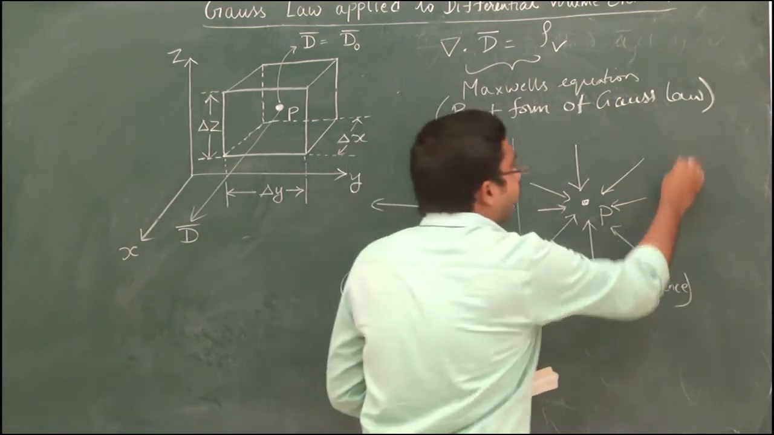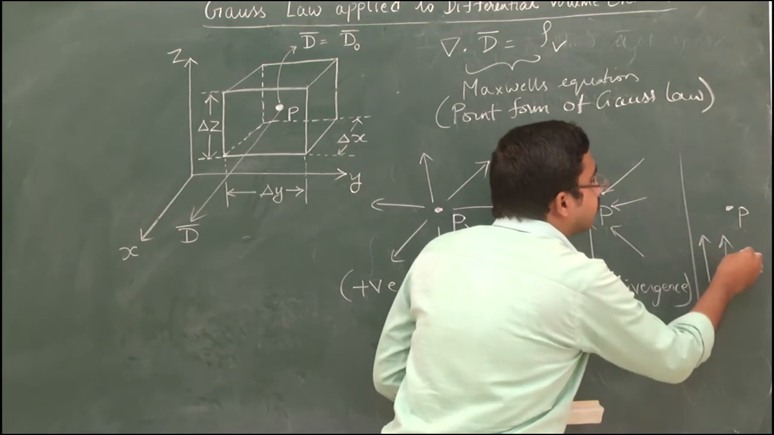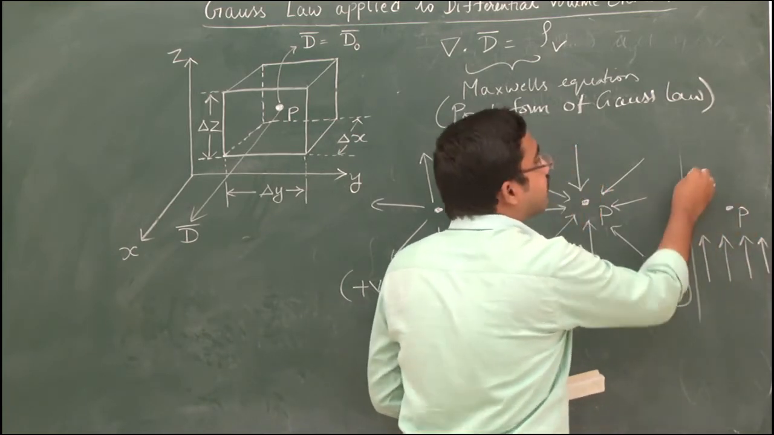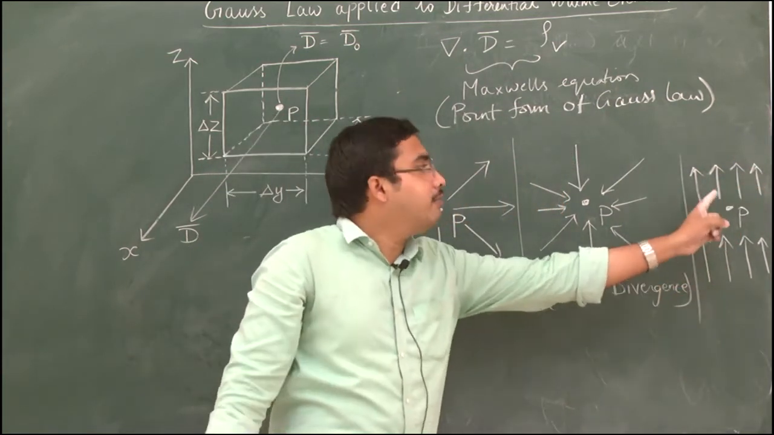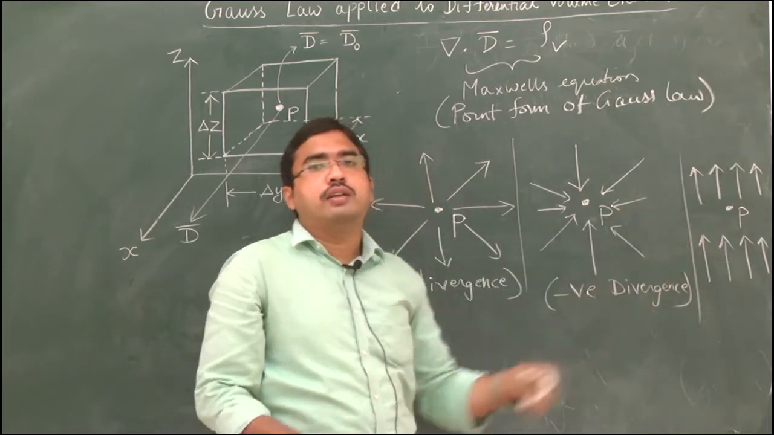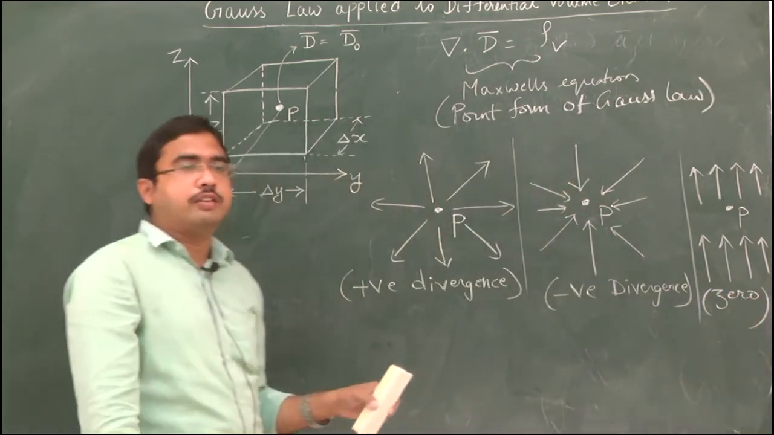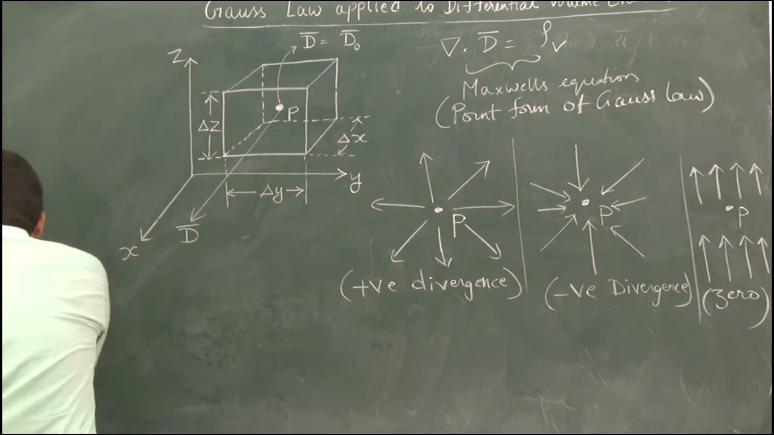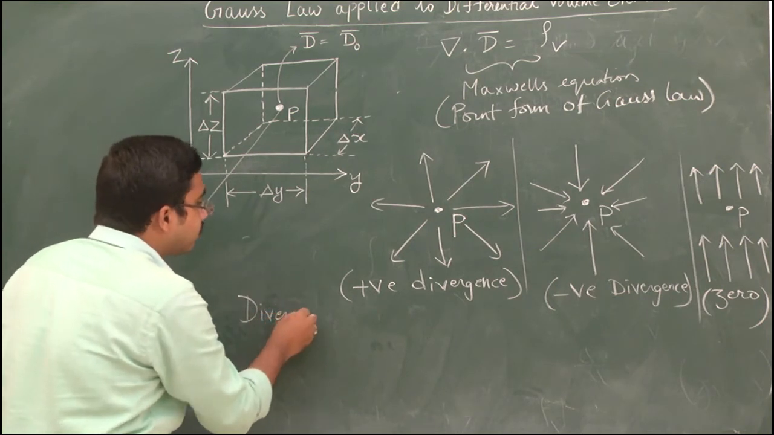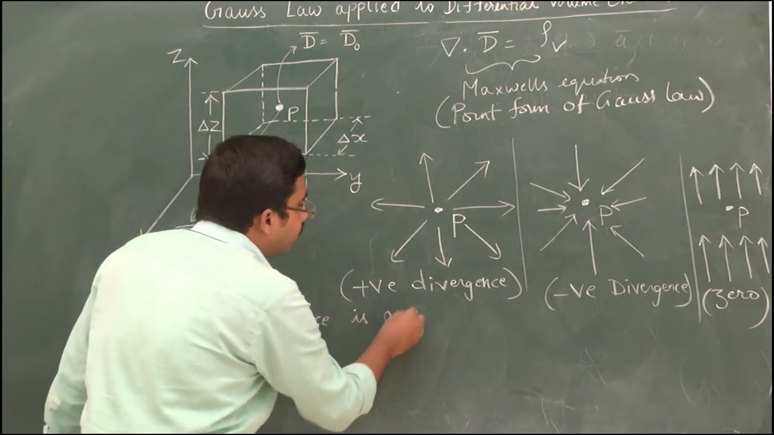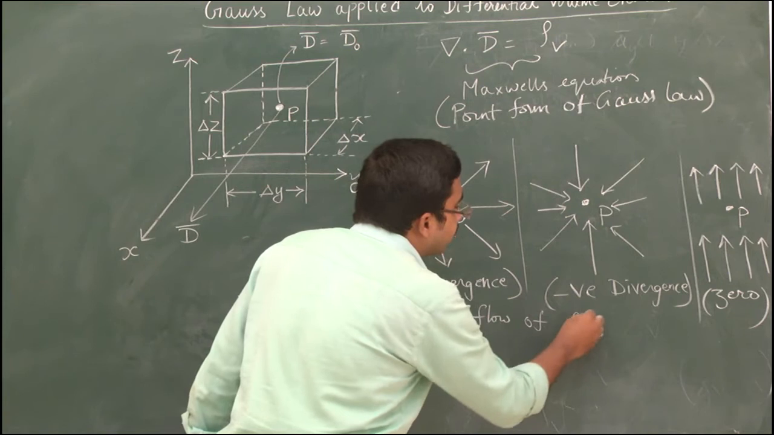And suppose if at a point P some amount of flux lines are coming and the same amount of flux lines are leaving from that point, then here we can say that the divergence is 0. That means how can we define divergence? Divergence is outward flow of flux lines